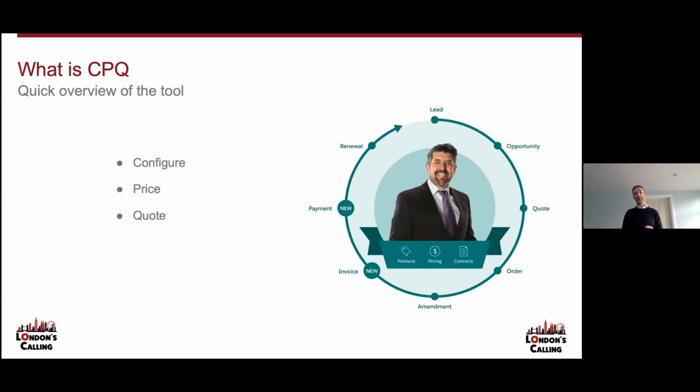So billing is the two elements on this circle that they've got "new" next to them, the payment and the invoice. And billing really is a whole other beast. It's very much a talk for another day, so we're not going to go into those elements at all today. We're mainly going to just